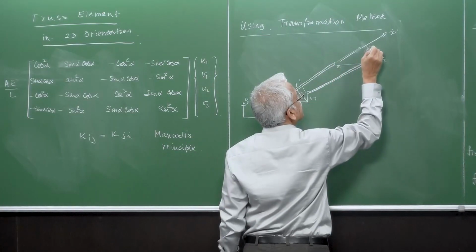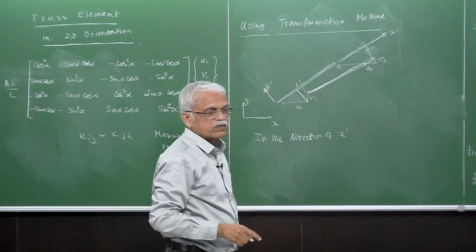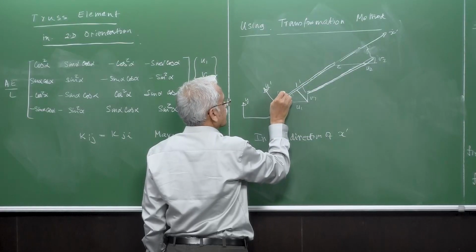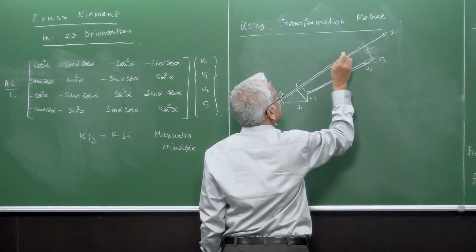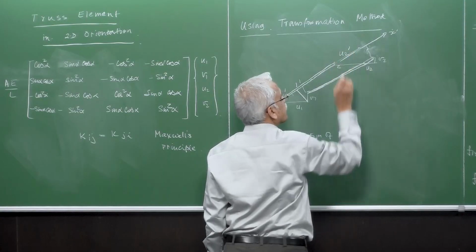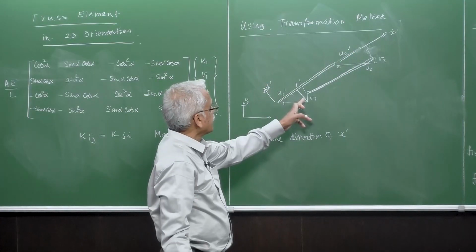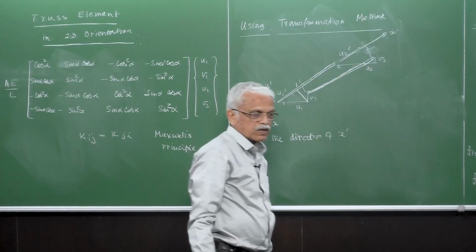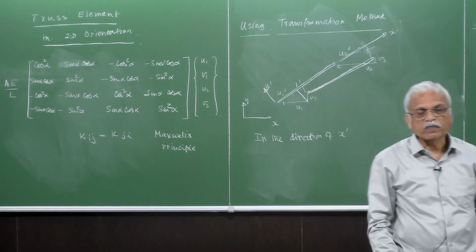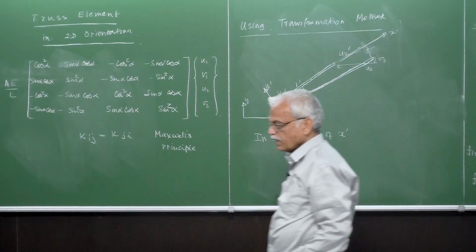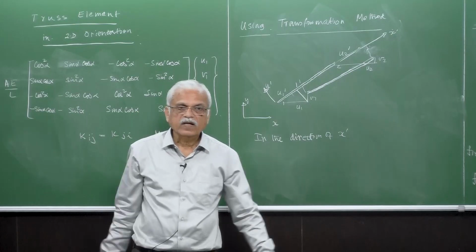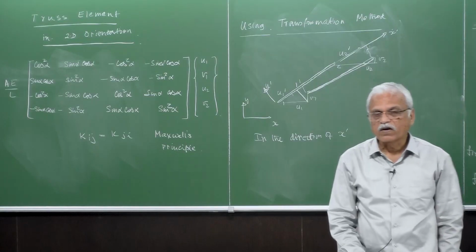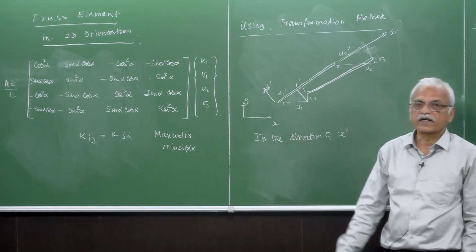In the direction of the original orientation, we have the displacements from here to here, which we call U1 prime, and here U2 prime. In the direction of x prime, the deformations are U1 prime and U2 prime. The deformations perpendicular to the orientation of this element do not come into the picture because they will not cause any shortening or elongation of the element, and will not cause any